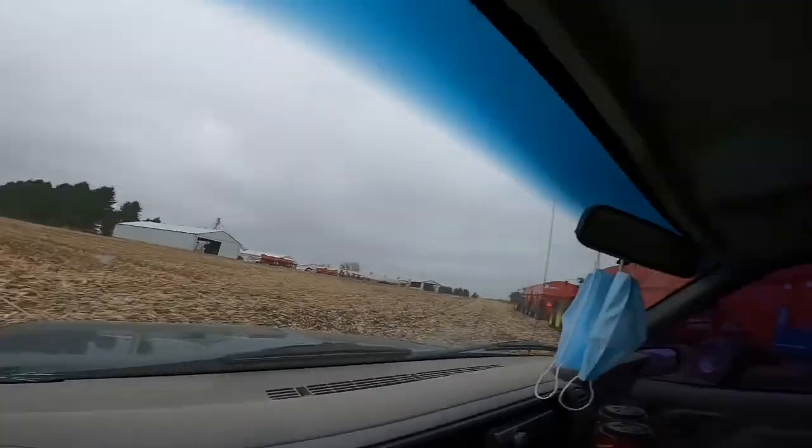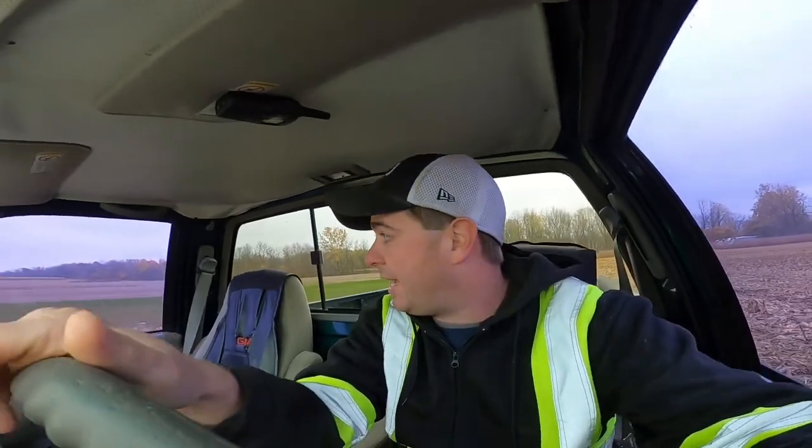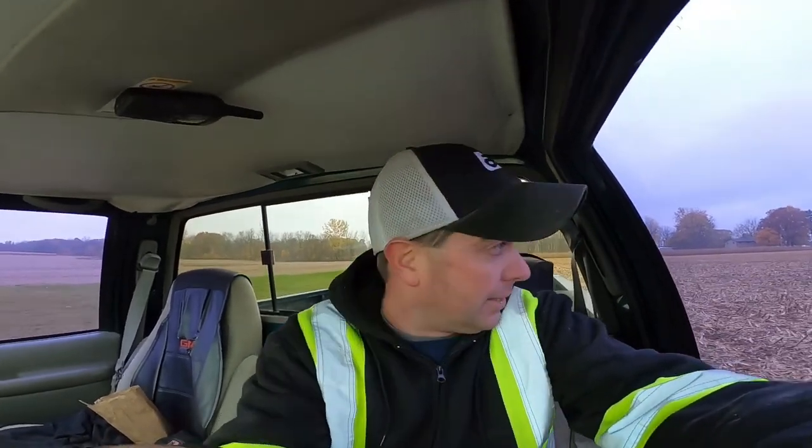Test plot. Okay, so in earlier videos, if you've been watching why we do test plots, it's to see what varieties work best for us on our farms. The cool thing is Pioneer will donate all that seed to us because they take the information as well. Actually, we're going to try a different test plot today as well, potentially on 3 different fungicides, and hopefully I will get the information to you on what varieties went well. They all went well. But what varieties outdid other varieties and moistures and all that stuff,